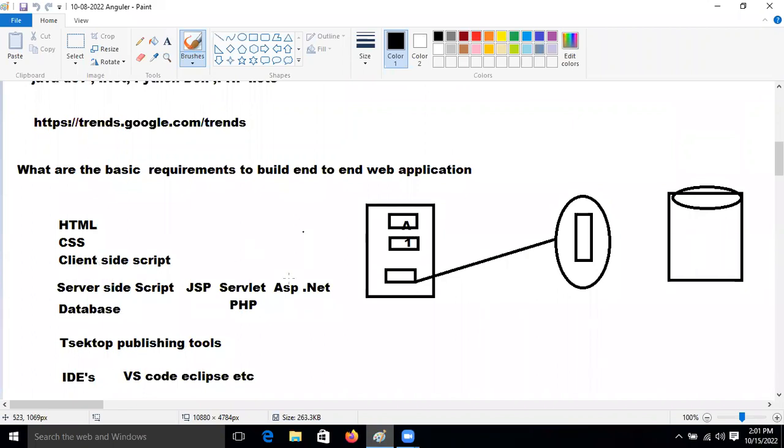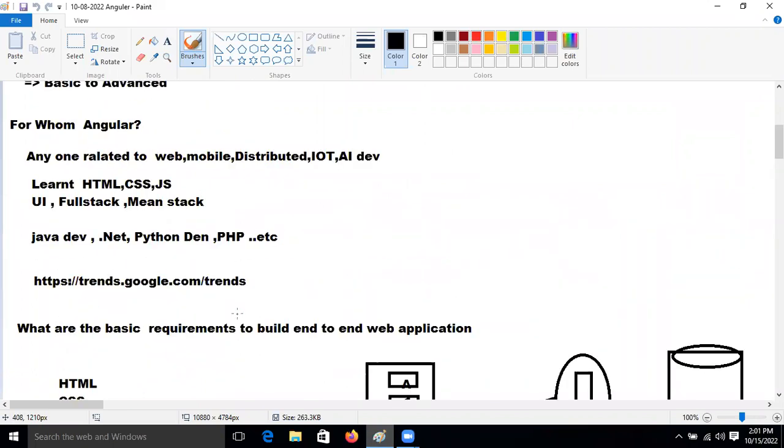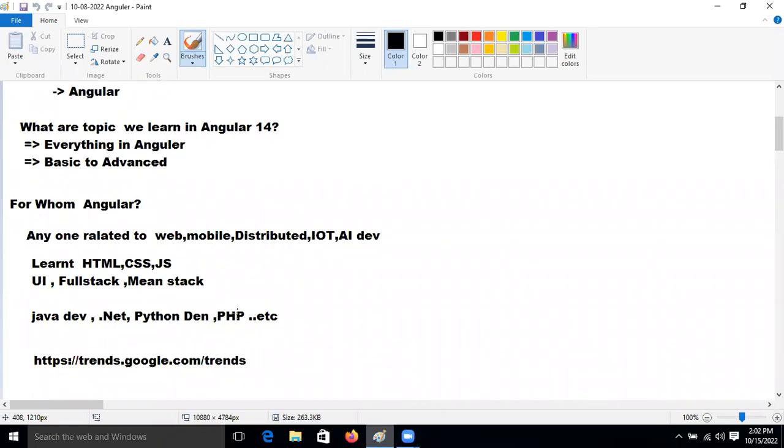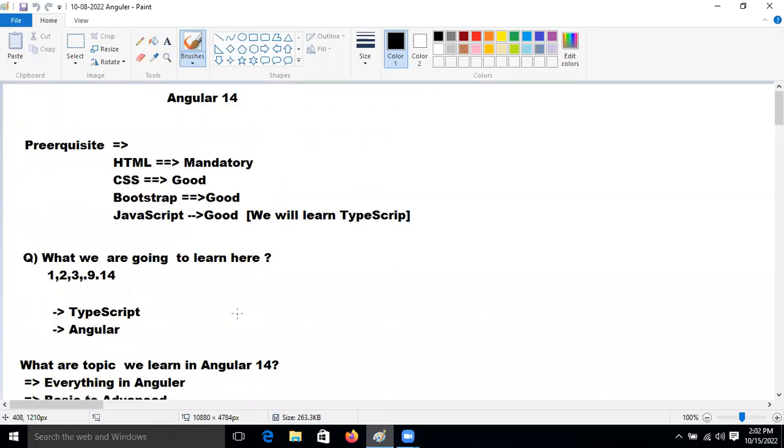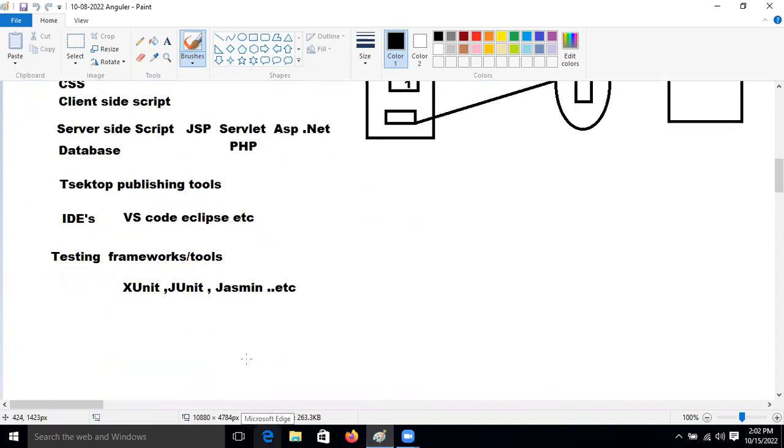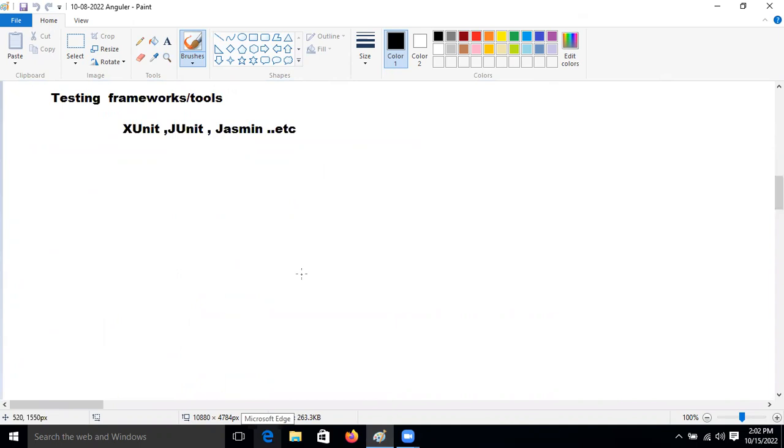Last time we saw which one is more used in the industry, and what the prerequisite is to learn, which is Angular. Those things we understood. So today let's understand some more things.